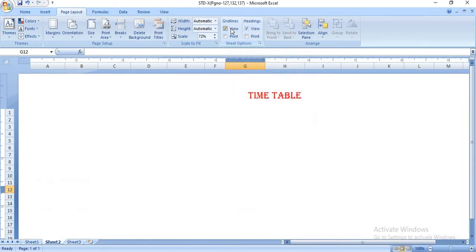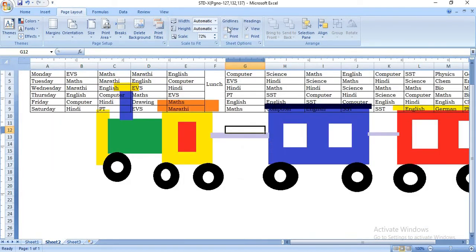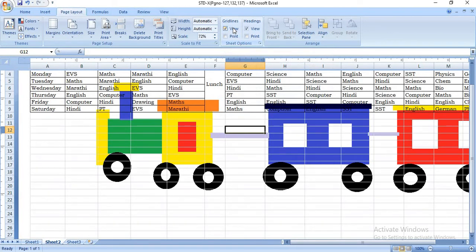If you uncheck the view option, the grid lines will disappear, and when you click on the view checkbox, the lines will appear. So this is called grid lines. Okay, now you have to save this document. I have already given a name to this document.